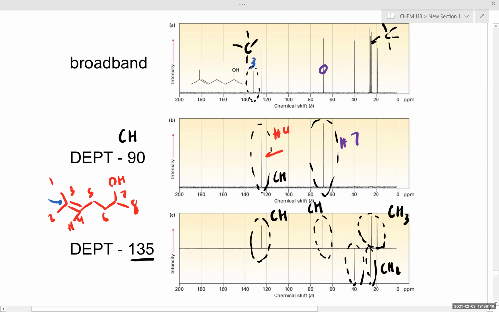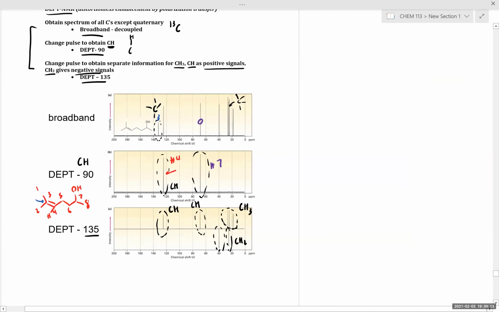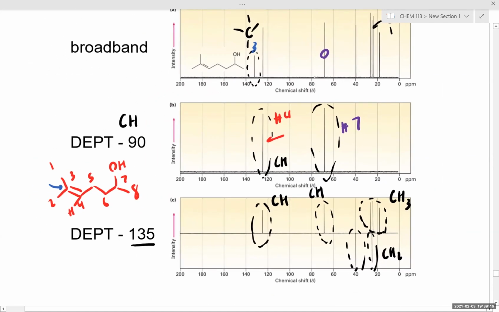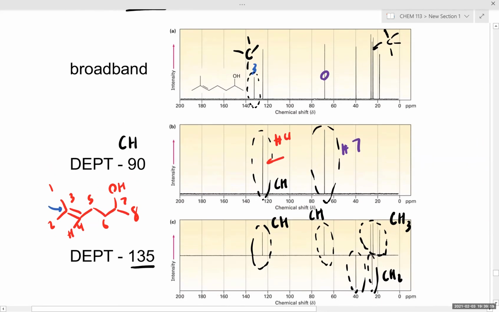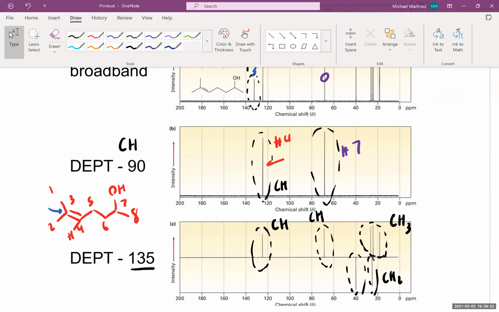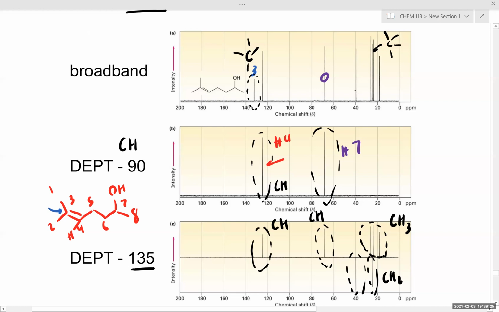Okay, continuing on with this. Let's see, we have 1, 2, 3, 4, 5, 6, 7, 8 signals. So notice these two carbons are unique. Let's keep going. We assigned our CHs. So our CH3s, the most downfield one will be carbon number 8. So this one will be number 8. And these other two,